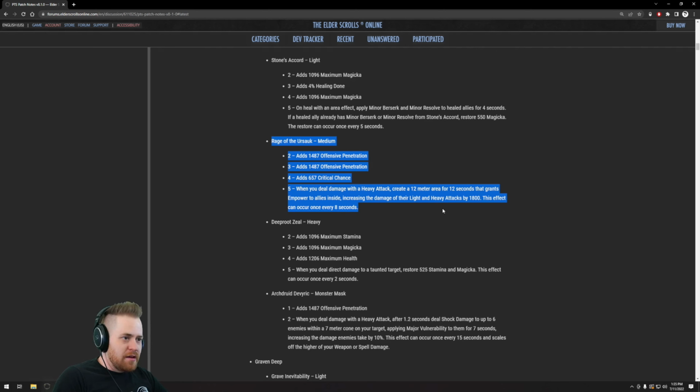Wow. When you deal damage with a heavy, create a 12-meter AoE for 12 seconds that grants some power to allies inside, increasing the damage of their light and heavies by 1,800. Whoa. This effect can occur once every 8 seconds. Alright. Big